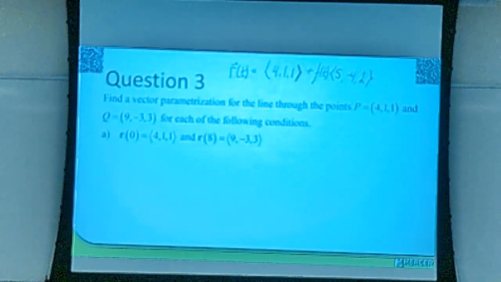R of 0, and tell us what that has to be, right? Based on what we have,